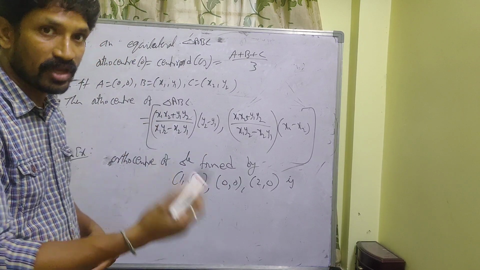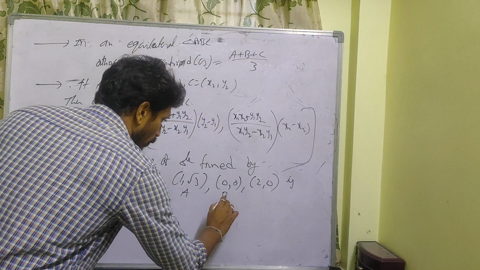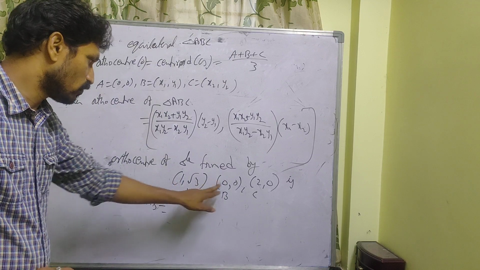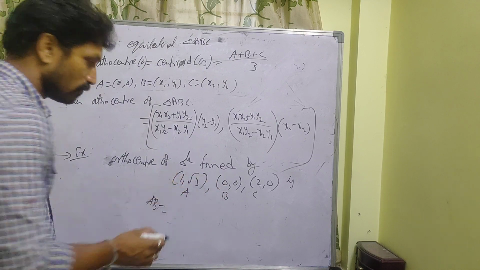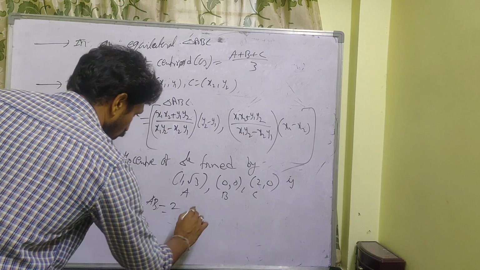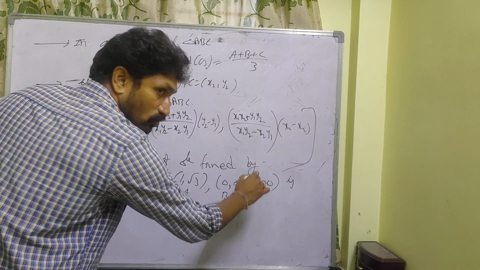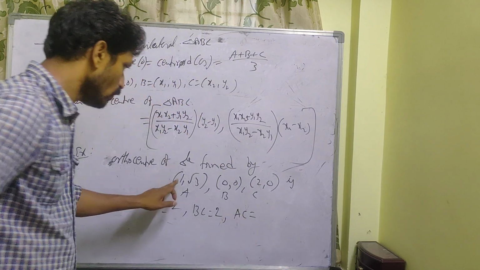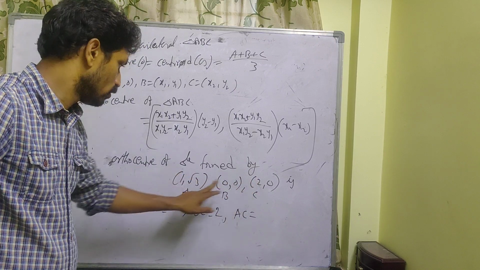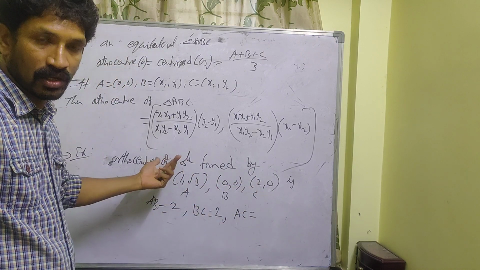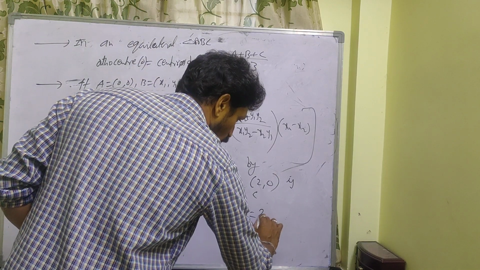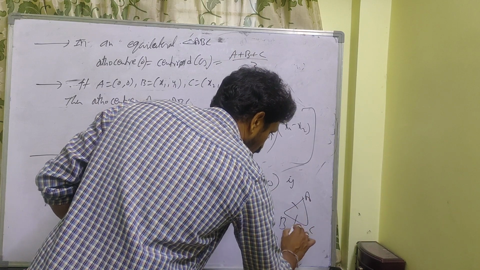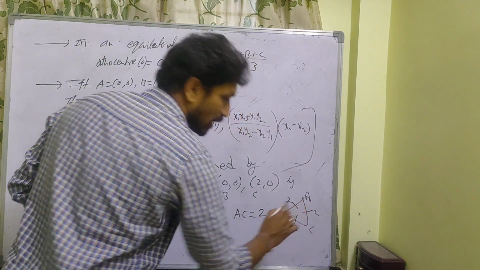Then once you check, it may be an equilateral triangle. So you take A, B, C. What is AB? One of the vertices is 0 comma 0, so 1 square plus root 3 whole square, 1 plus 3. That is root 4, which is equal to 2. Next, BC is equal to 0 minus 2 whole square, 2 square, 0 minus 0, 0. So that is also 2. Next, AC. 1 minus 2 whole square, that is 1. Root 3 minus 0 whole square, that is 3. So 1 plus 3, 4. Root 4 is equal to 2. So all these sides are equal to 2.